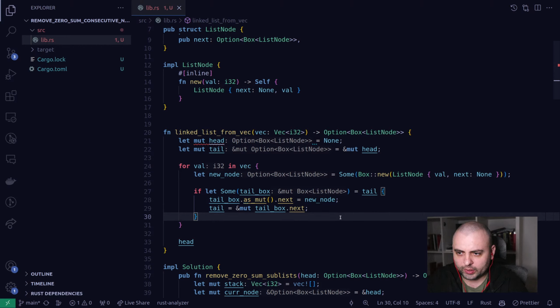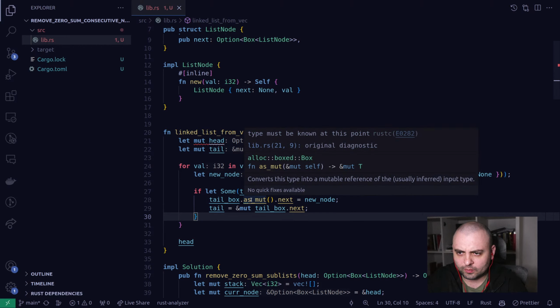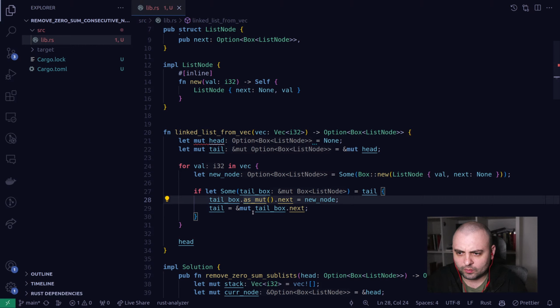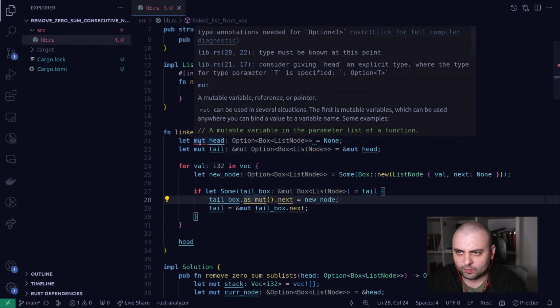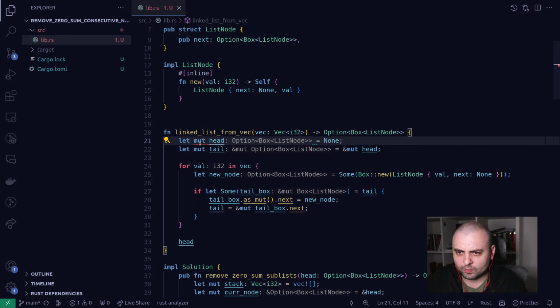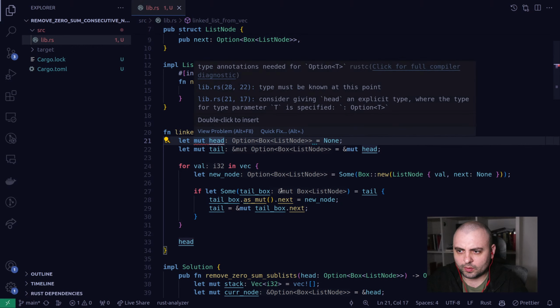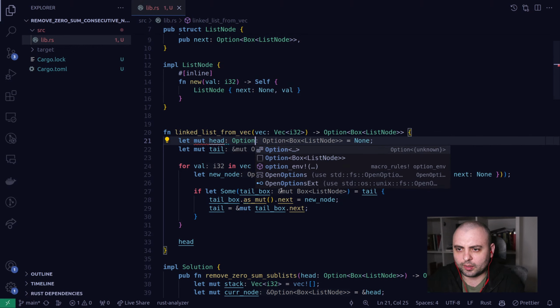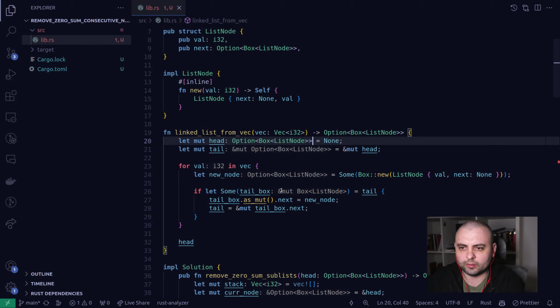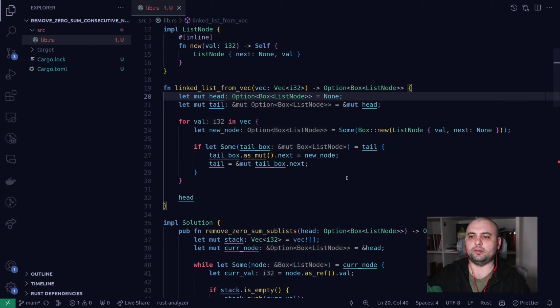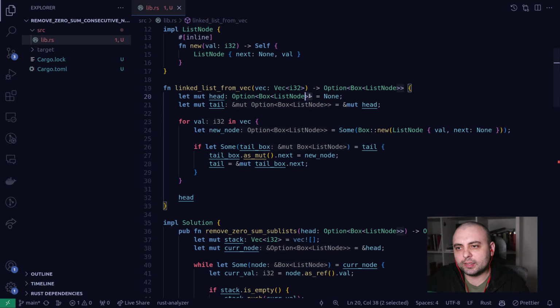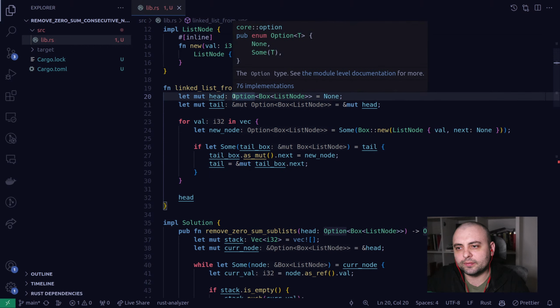Wait a second, maybe we get somewhere. So that would be like option of box list node. Oh my god. So we were very close. But the trick was to start the head first with